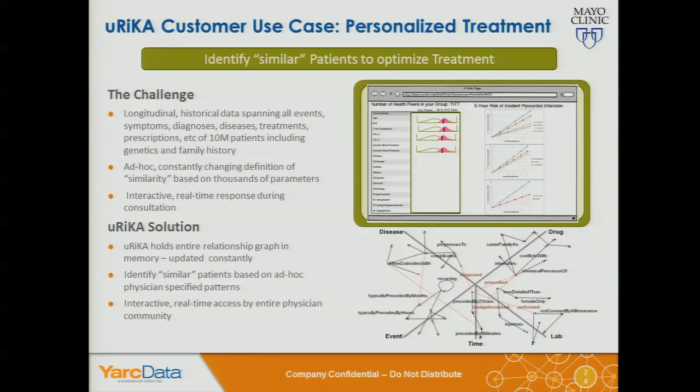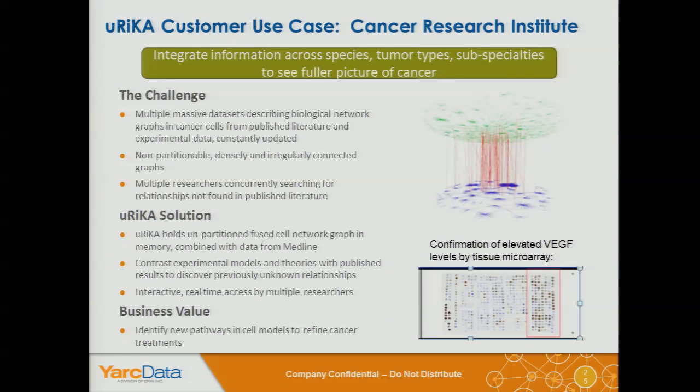You'd have to go to the database department and have them build up a query, and it might take weeks for the DBAs to build it for you. You might have to restructure your data, and then you get your answer. This allows you real-time, interactive querying of this graph-structured data. So this is a very important use case, and many other use cases will look fairly similar. Any questions? Break in if